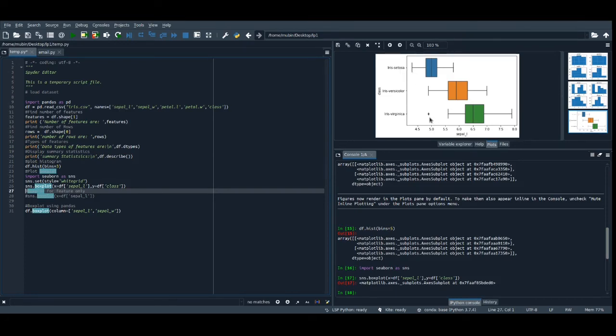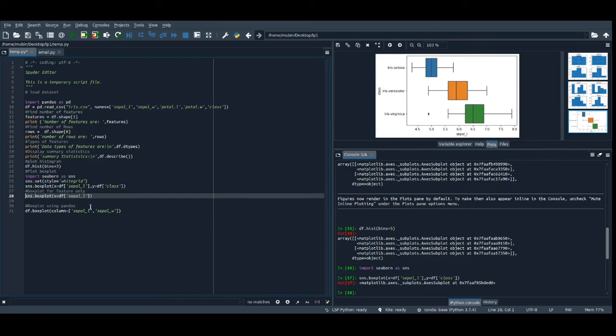Again here we can find one outlier, here is the minimum value, this is the maximum value, and Q1, Q2 and Q3 values for each feature you can get. So in this way you can see how the features are distributed. This can be shown for each and every class, and the sepal length attribute gets displayed. Okay, so this is the significance of this box plot using the Seaborn library. You can also plot individually for its value.